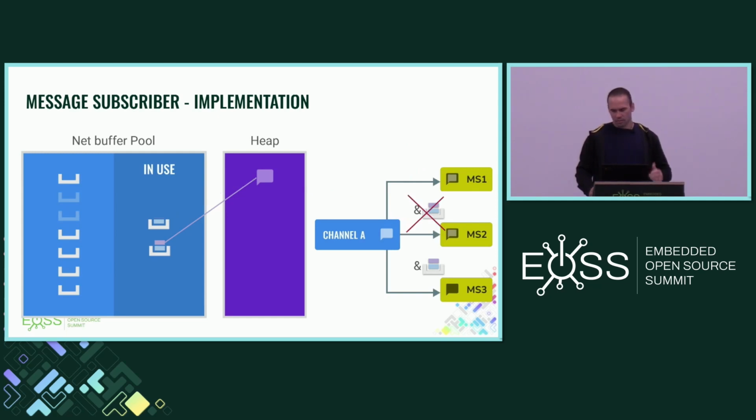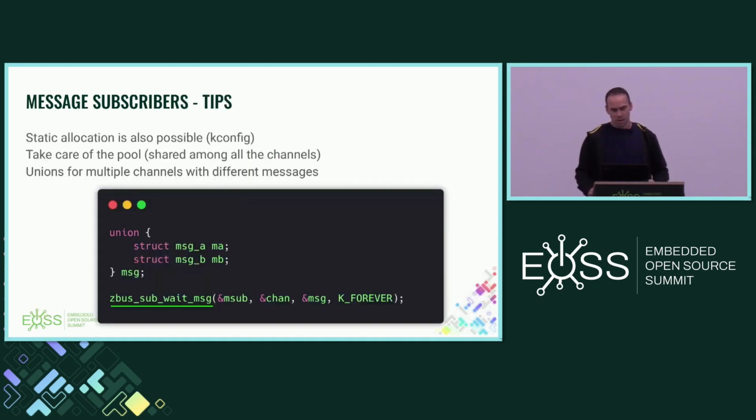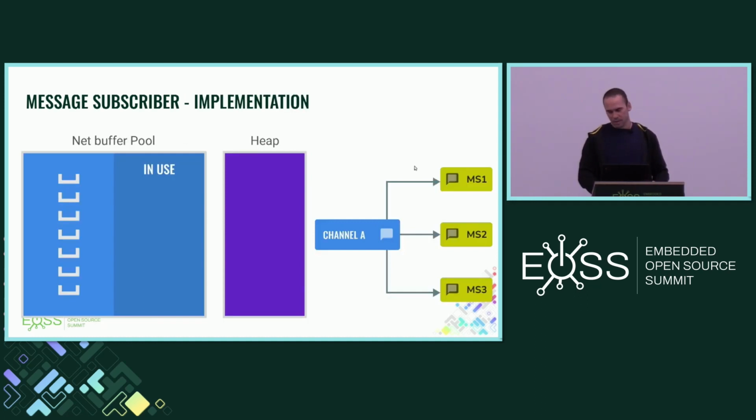And you do that for all the message subscribers. But for the latest one, when we don't have any more references to it, the NetBuffer will delete the heap memory. So the user doesn't need to know that, they just receive the message on the message subscriber. This is a kind of under the hood way to work, and I'm going to show you. I was trying to be transparent or something. But also, in that case, we have a copy of the message on all the message subscribers, okay?